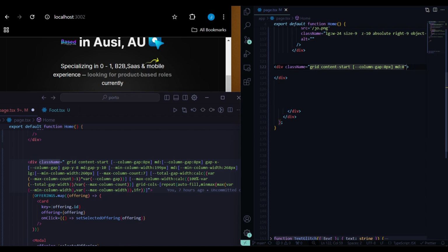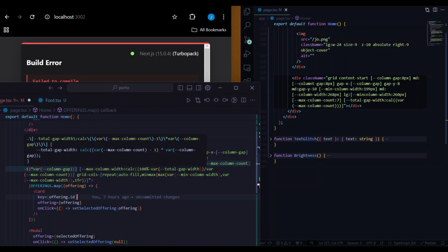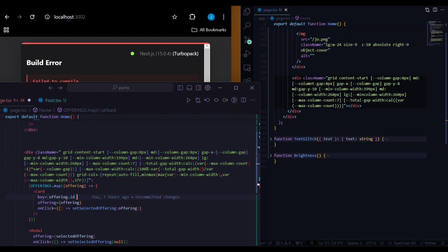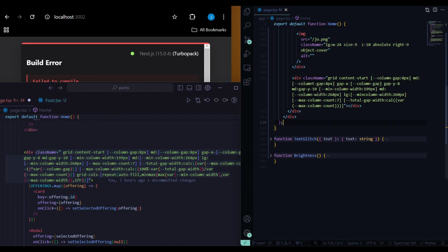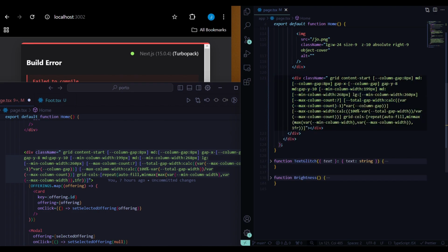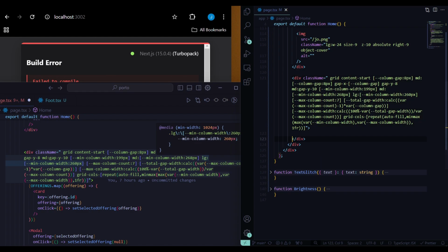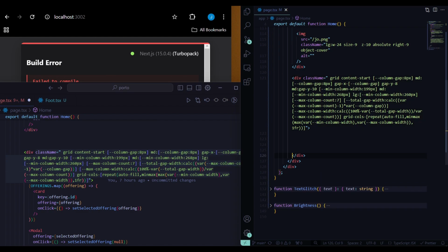Now, the medium screen, give it a column gap to be, you know what, let's just copy all of this and then paste them in here. So don't make no mistake. And also we have